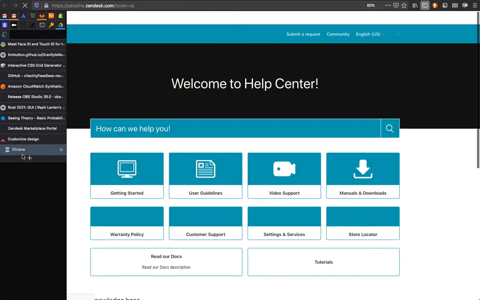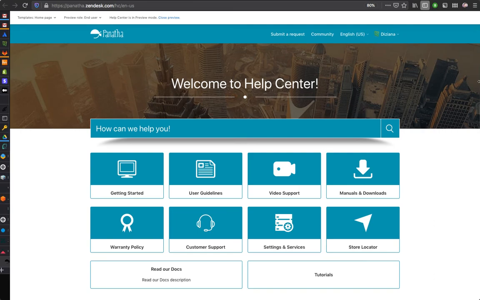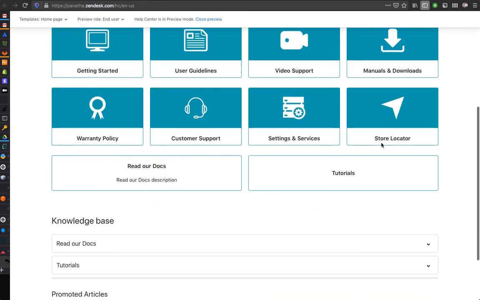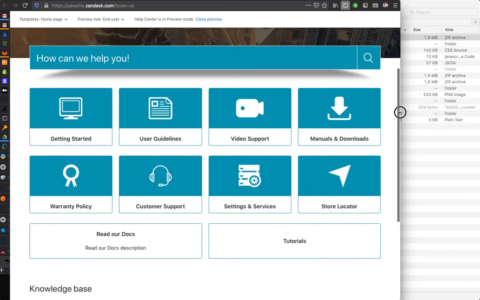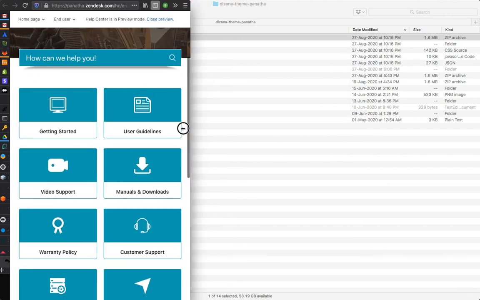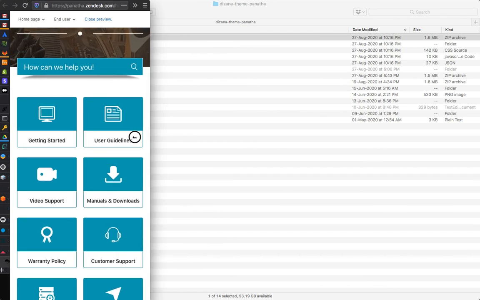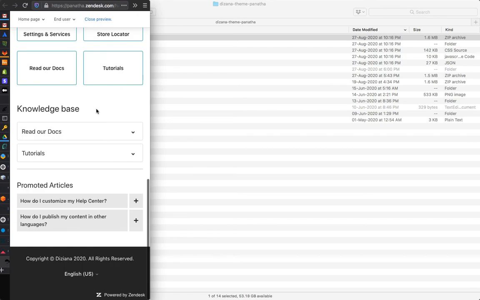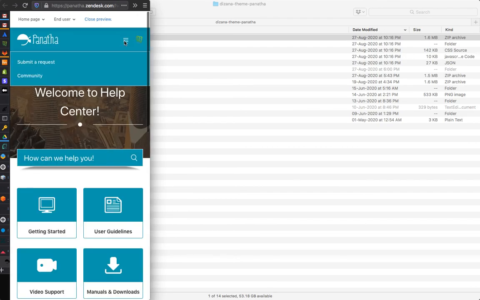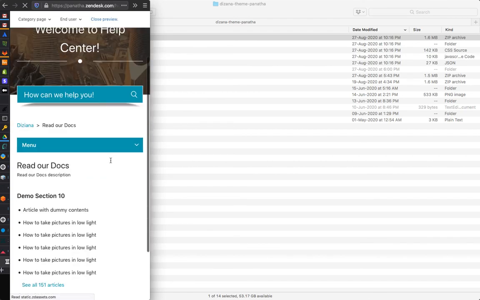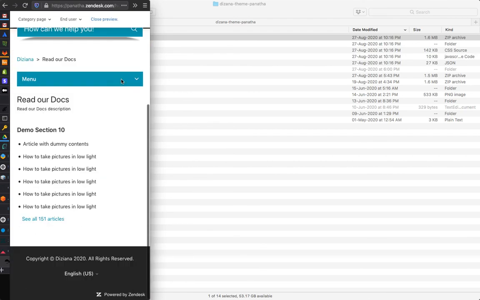So see, once I change the setting over there, I don't have to refresh anything, the page automatically refreshes. And this is how it would actually look. I've just zoomed out and it looks pretty nice, as you can see. It's a responsive theme. When your end users are seeing it on different devices, the theme would respond to different device resolutions and try to make sure that everything looks neat and clean, and the menu is collapsed, and you can click on a link and you can see how it works.